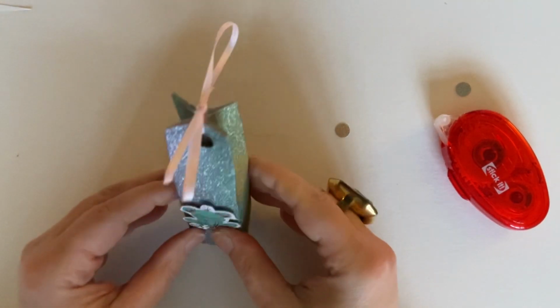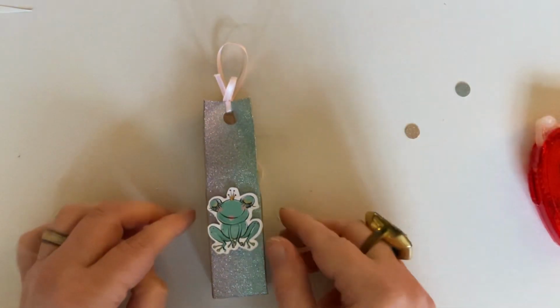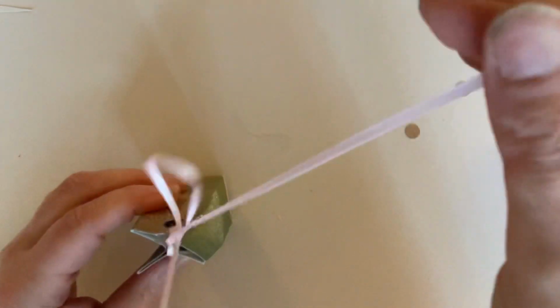And there we go, guys. There is a very quick and easy little favour box or a special treat box so that you can be the one that grants a wish, especially if it's a pretty one like that. So when the recipient opens up their...